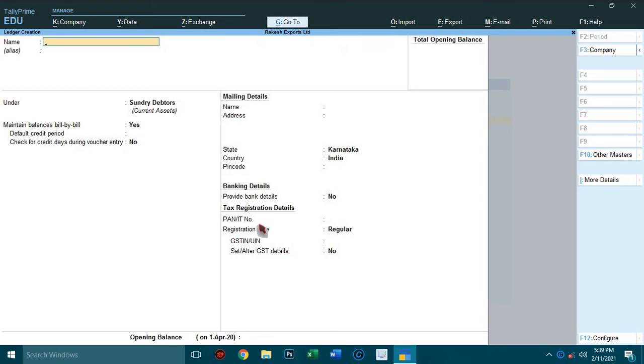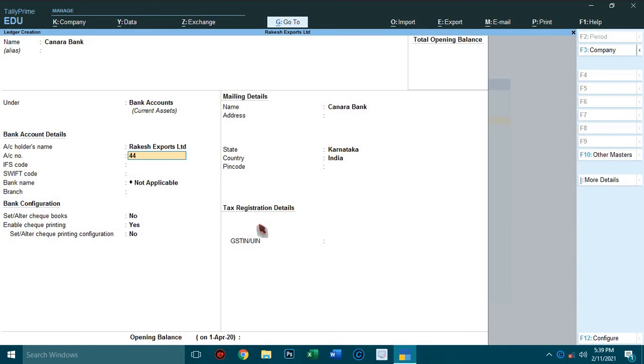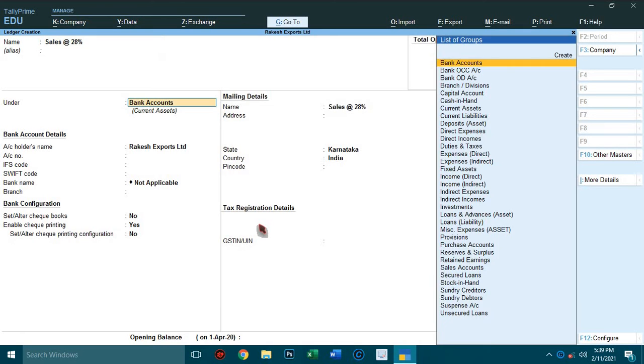Next create related ledgers. First create your current account, a bank account, for example Canara Bank, under bank account. Type the account number, type the IFS code, accept. Next create the sales ledger, sales at 28%, under sales account.